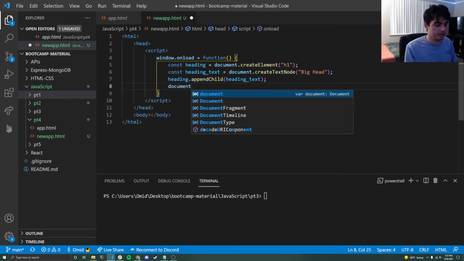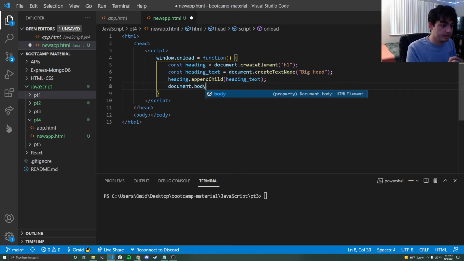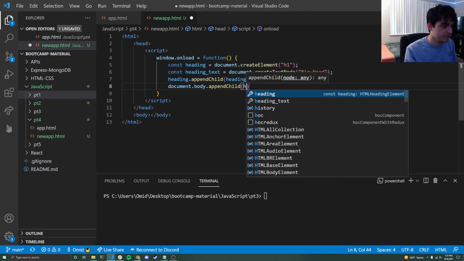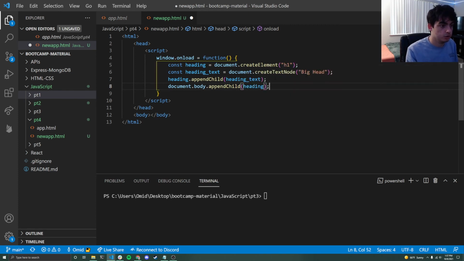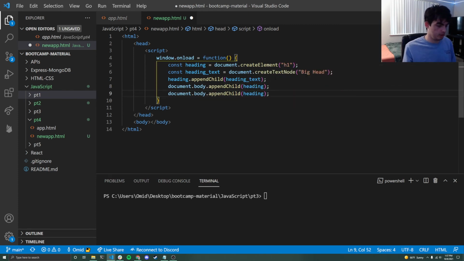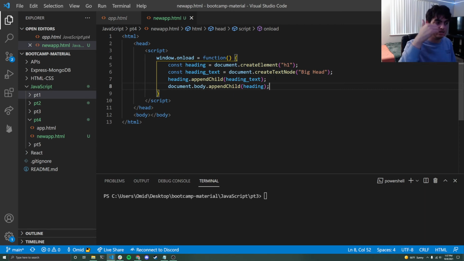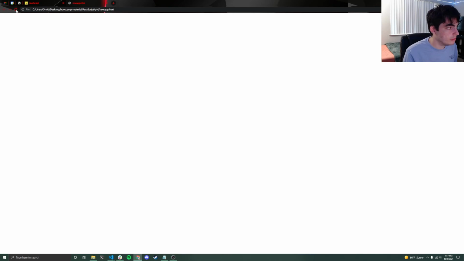And then, and this is the real big thing here, I can actually go into the body of my document, so all of the raw HTML and CSS that's normally displayed up on the screen, and I can add a child to it. So the exact same function, appendChild. Basically, it just says now inside of my body tag will be this tag that I'm about to pass in. And I'm going to pass in my heading variable right here. So I pass in heading, and now this heading variable will be appended to the bottom of my body. Now again, there's nothing in my body, but we'll notice that if we go back here and refresh, now big head suddenly comes up